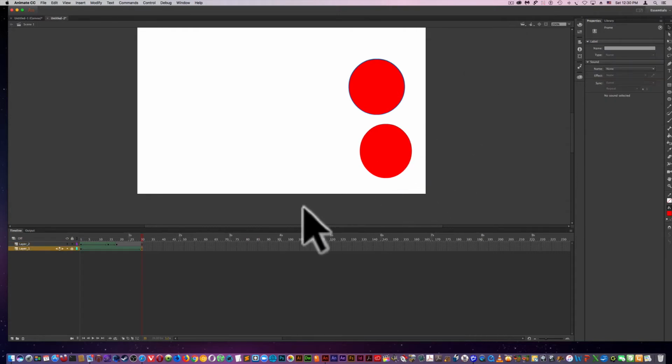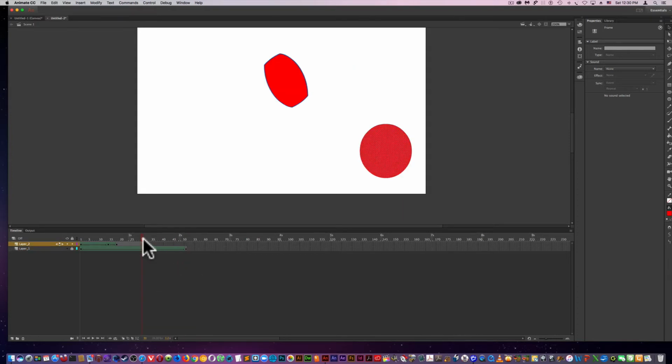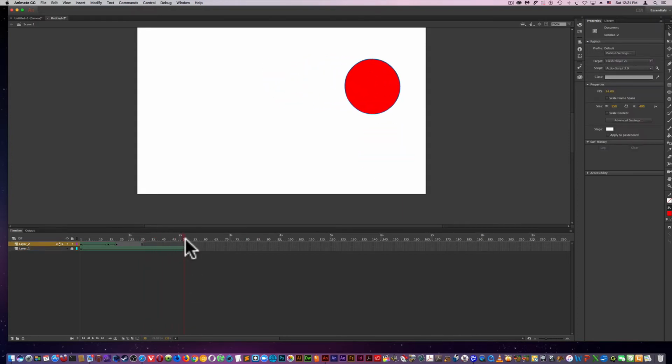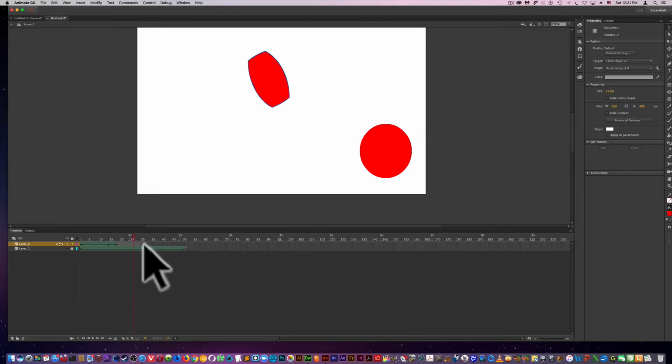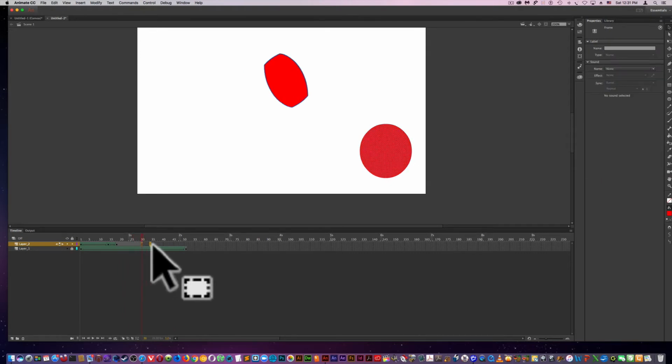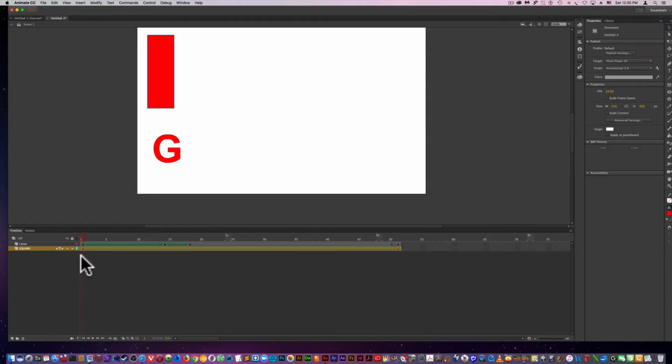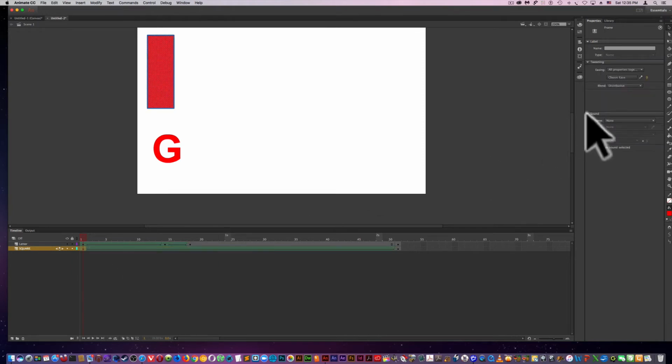Next, I'm going to look at easing, and before I do that, I'm going to change the timeline a little bit by pulling this out to frame 50, and the other one disappears. So I'll pull that out to 50. So I'm going to select the bottom layer. I took the lock off and select the first frame and go over to Ease and look at the options